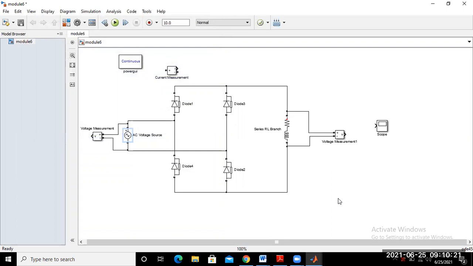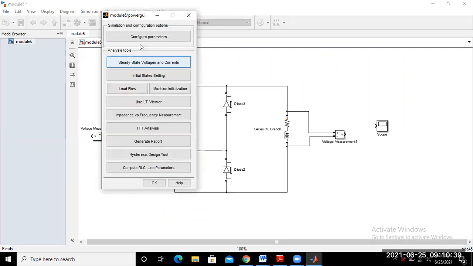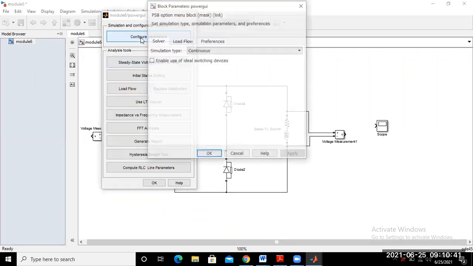Okay. So just here the powergui is changed from continuous to discrete. So just double click on the powergui. Configuration parameters.